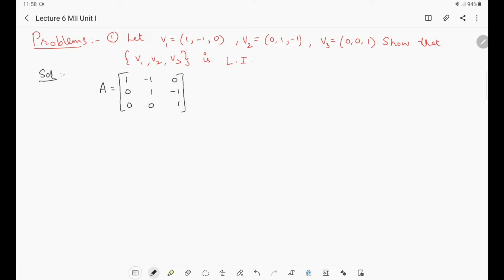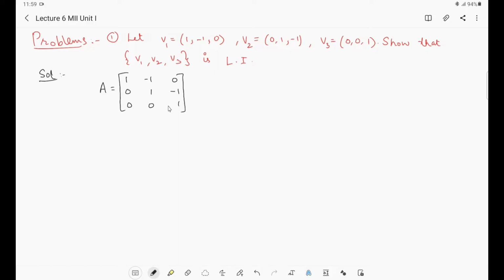Now we have to reduce this matrix to row echelon form. For that, we have to make these two entries 0, but already we can see that these two entries are zeros. Next we try to make this entry 0, but when we try to do that, this entry will become non-zero. So we should not make this entry 0. Instead, we go for this entry. Now you see that this entry is already 0. Further we cannot simplify. If we try to make this entry 0, we will get a non-zero entry because of this 1. So this matrix is already in row echelon form.